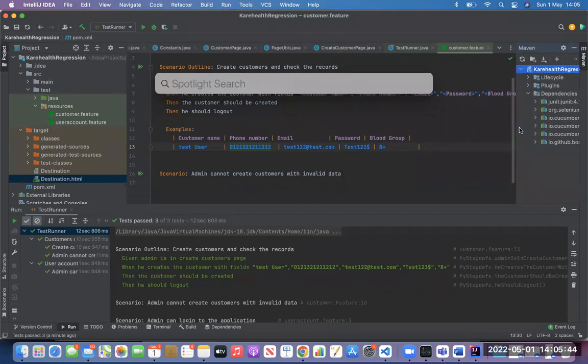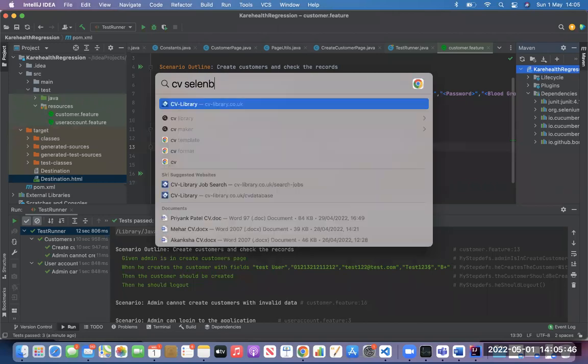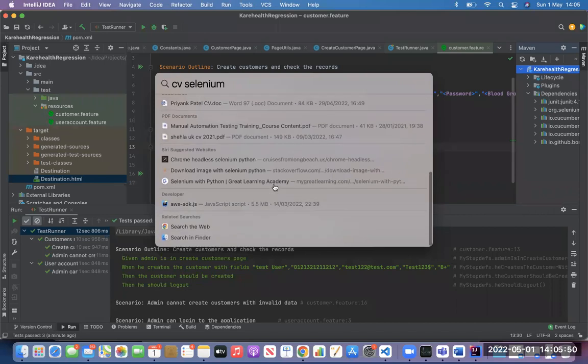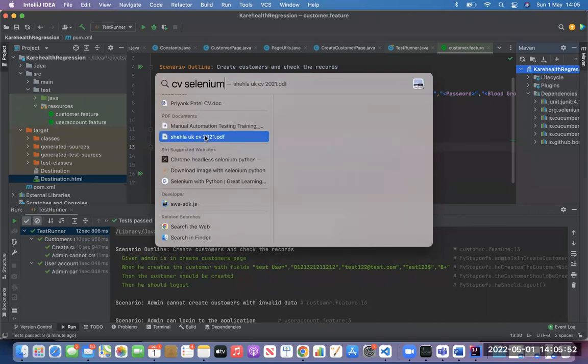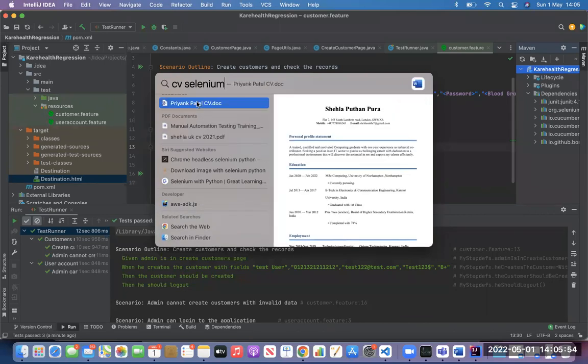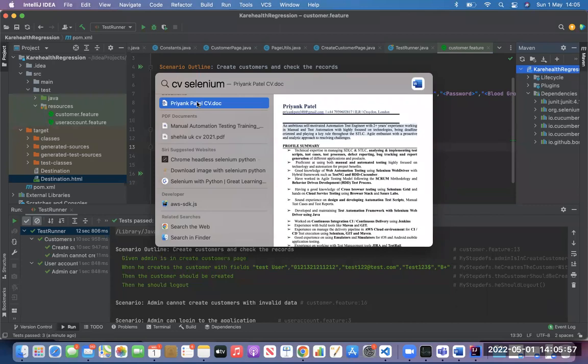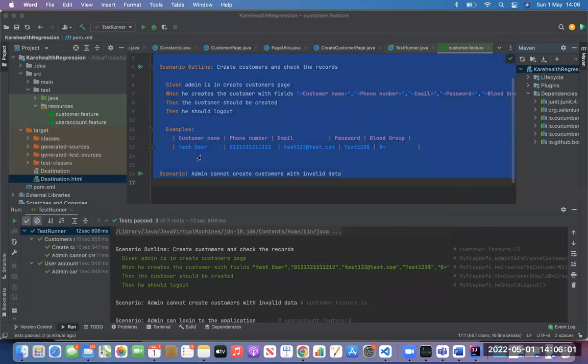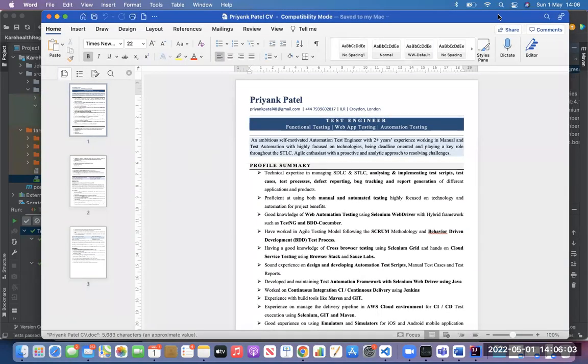Let me show you what a Selenium CV will look like. Example, this is one of my students' CV. This is what your CV will look like.